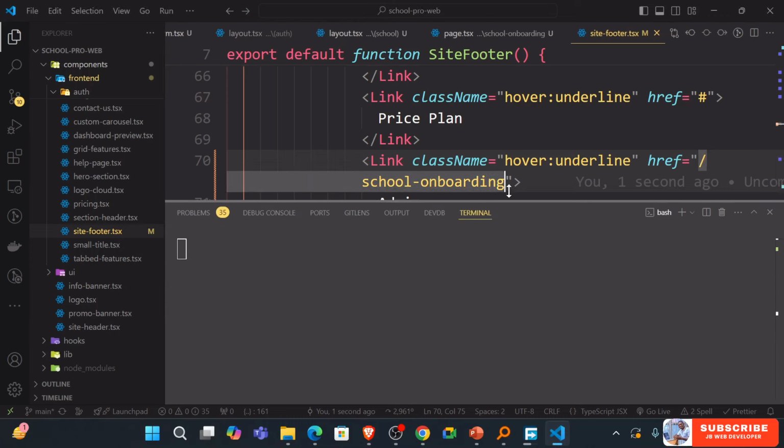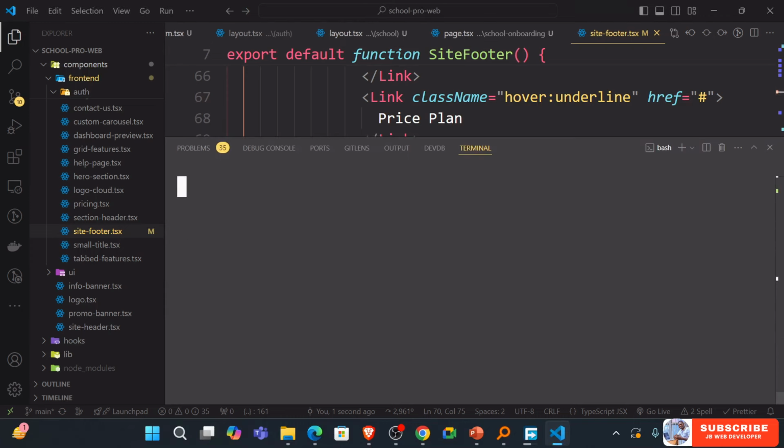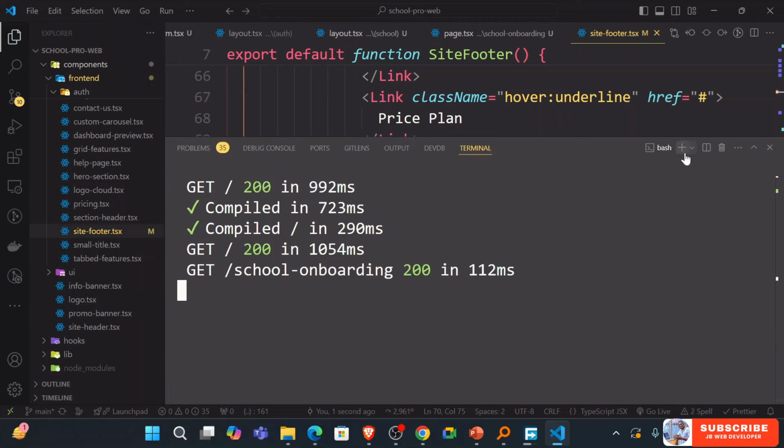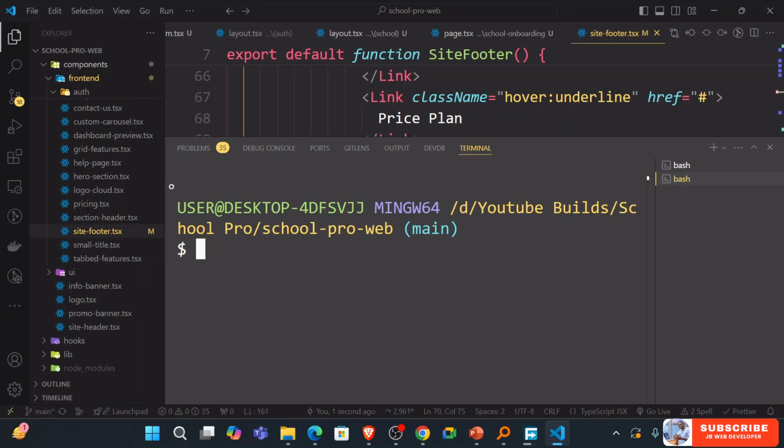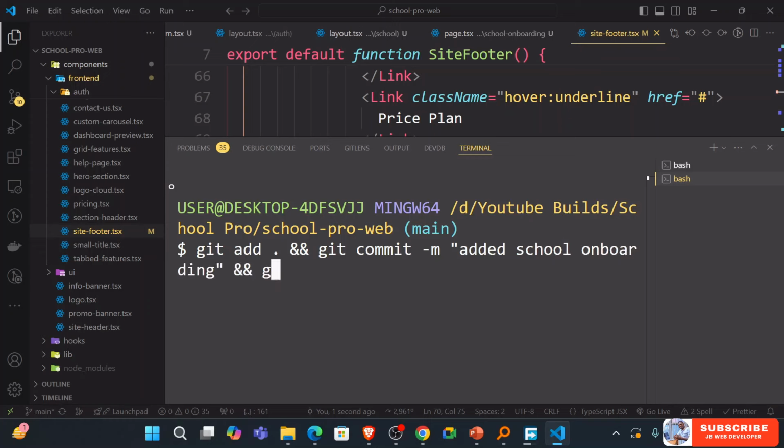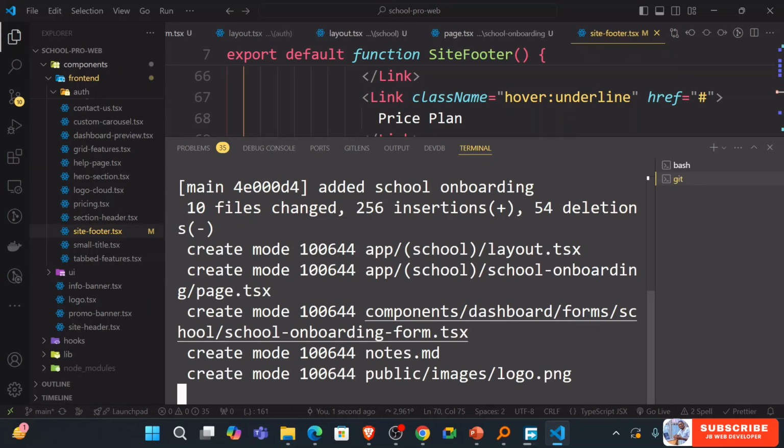Meanwhile, I'm just going to scaffold a Node.js application right now in a few seconds. But I first send this: git add dot, and then git commit, and you say here "added school onboarding", and then git push, just like this. Okay,